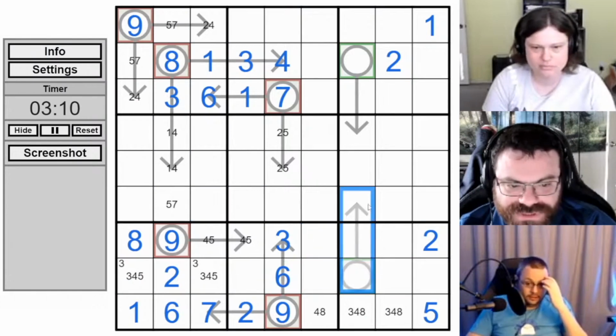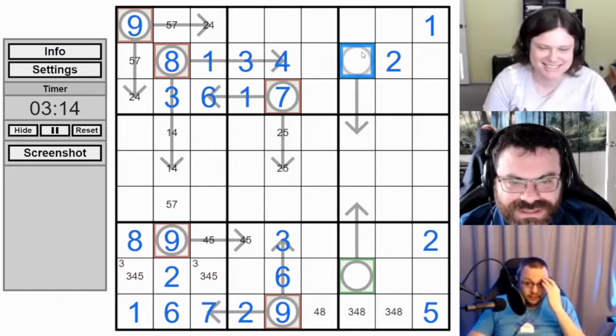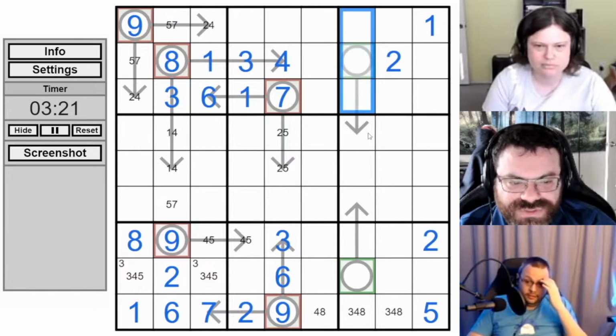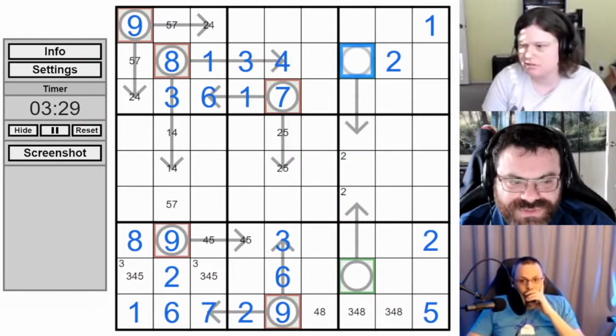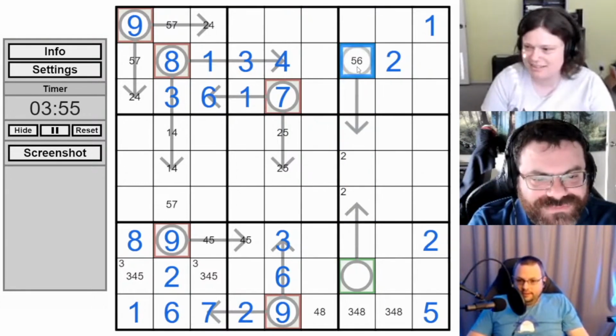So now we're kind of forced to be looking at these. Let's look at this first. So this is telling us where a 2 goes. So where can 2 even go? Only in 4, 5, or 6, right? Yeah. It can't be a 4, so it's 5 or 6. How are we going to make 5?